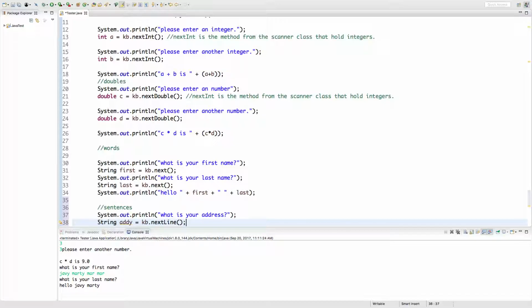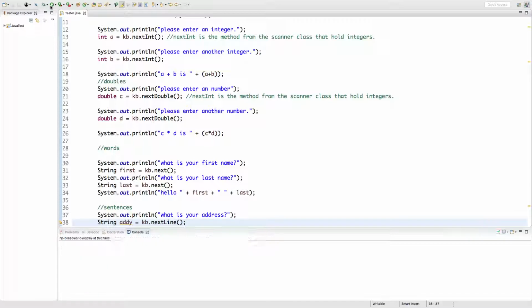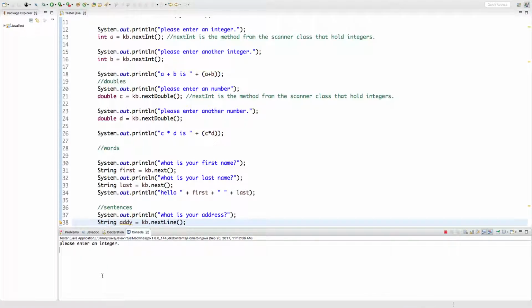Is next string something else? No, it doesn't exist, okay? Next line. What next line allows you to do is basically use spaces. So take a look at what happens now. I'm going to say 3, 3, 3, 3, Javi Martinez